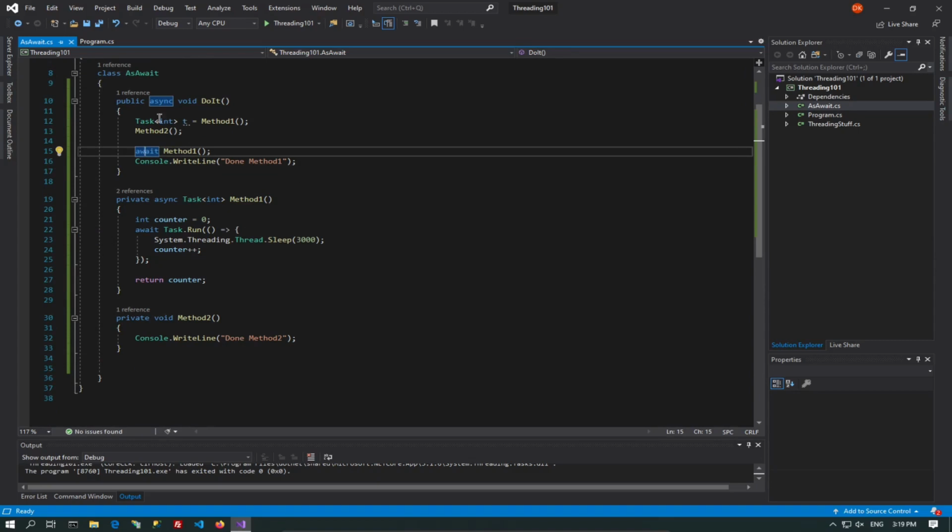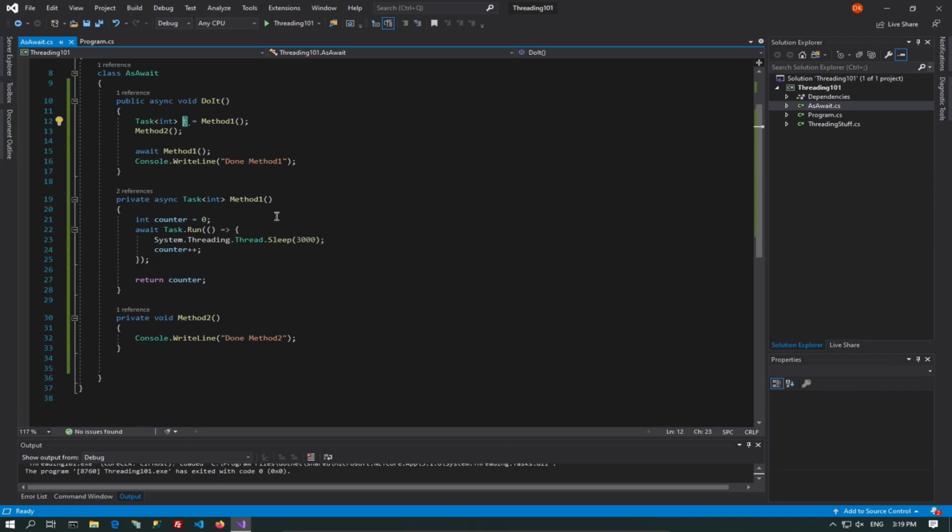So what happens is we call method 1, which returns to us a task, and remember method 1 is still running, it's not finished. Then it goes and does method 2, but we've got this task, this T. Then we tell it to await till method 1 is finished,